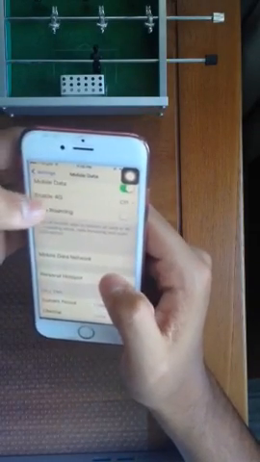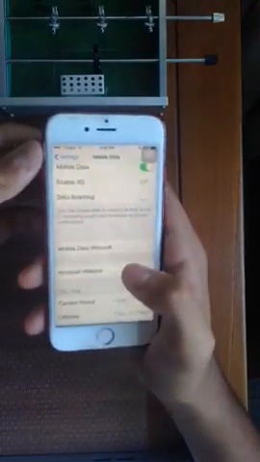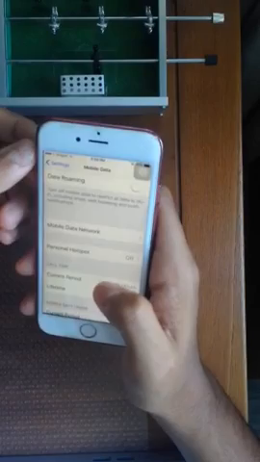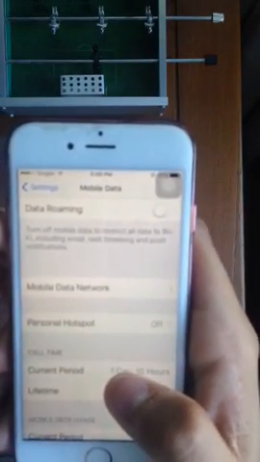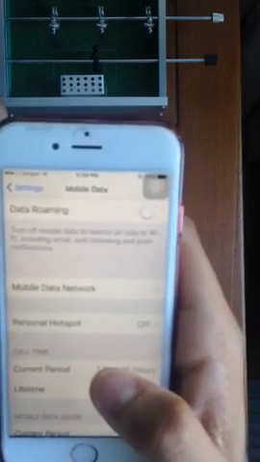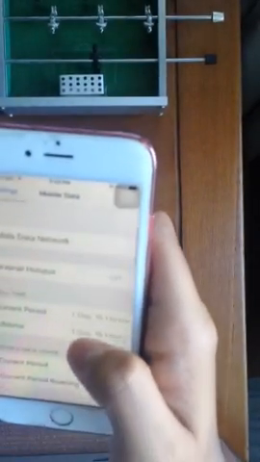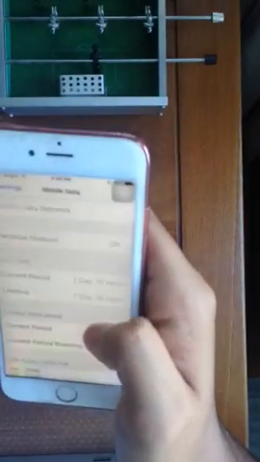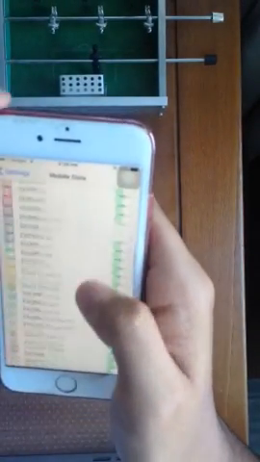So you can either enable 4G, 3G, or 2G. Obviously, people like to put 4G because it's much faster and more efficient compared to 3G and 2G. Data roaming, as you can see over here, is only used for going outside your country or in foreign countries, but it has hefty charges, so I suggest you do not do that. You can go to your hotspot settings, which many people don't know, as they just normally access it from the normal hotspot settings area. But you can access your hotspot settings from the mobile data area, and in this area